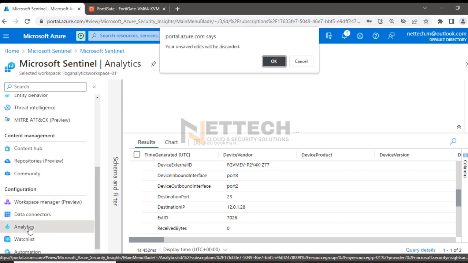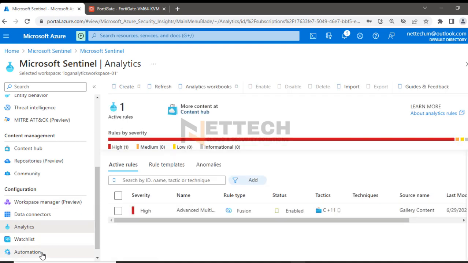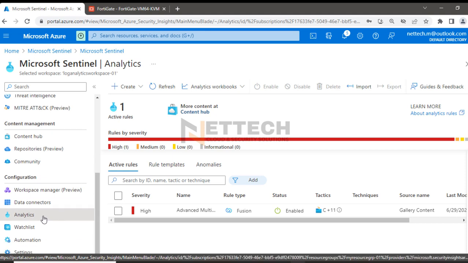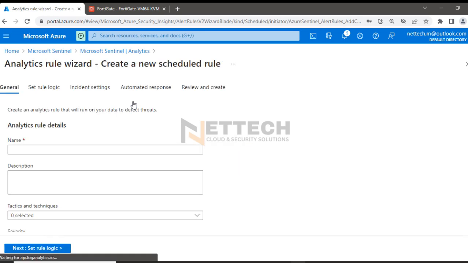Okay, but in case you want to create an analytics rule for some incident, we have a lot of automation options here also. But separately I will talk about automation playbook, workbook, or threat intelligence, TAXII. So in analytics, if I create a query rule from scratch, there are a lot of templates there, but you can create a rule from scratch also. You can create a rule to generate